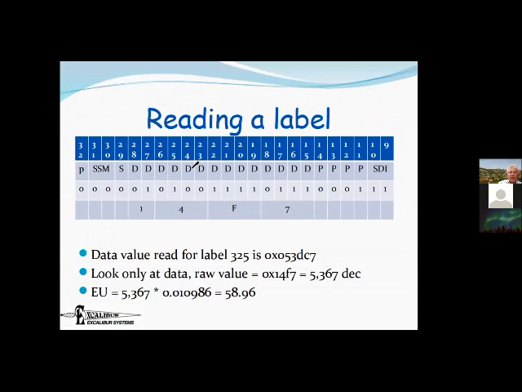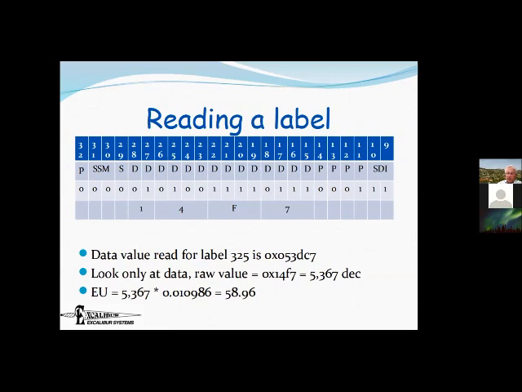Okay, so now I've read, and I know that this is called the raw value. The value that came in with the label, after I isolated just the data portion, is now called the raw value, which is 14F7. That's a hex value. In decimal, it's right because this is a binary label. If it were a BCD label, it would be in decimal, but it's not. So its value really is